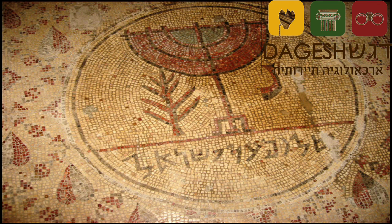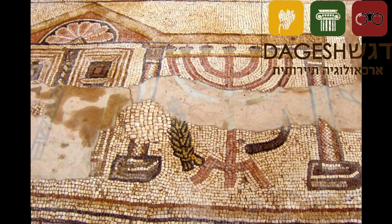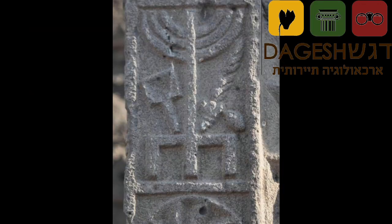Another mosaic is the one from the synagogue called Shalom al Israel, today Jericho. You can see the candelabra, the horn, and the palm tree. Another synagogue again is in a site called Susia, today Southern Israel, by chance a site which I excavate. Again, you can see the four species, the horn, and the candelabra. This is an ark of a synagogue in the Golan Heights. This is on a basalt